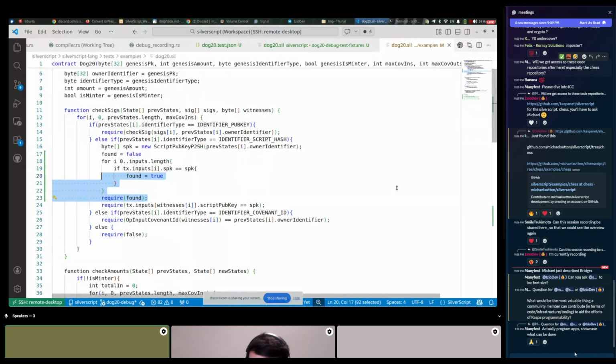We could do something like this, checking if we have some input that spends this UTXO, but this will be very costly, going over all of the inputs, and theoretically in each iteration. So this can have a quadratic cost.